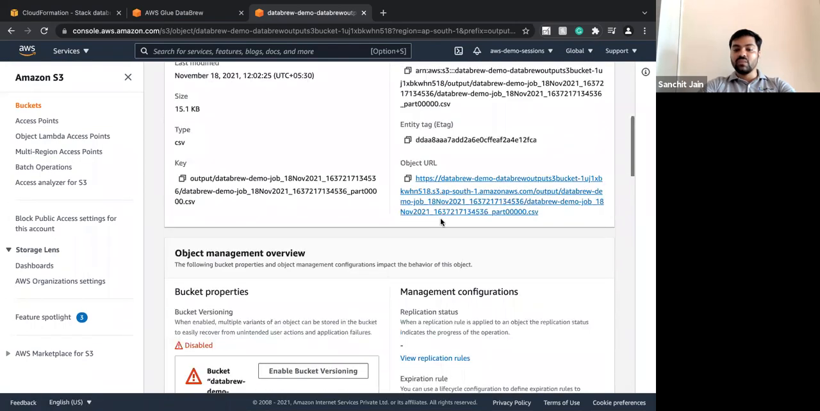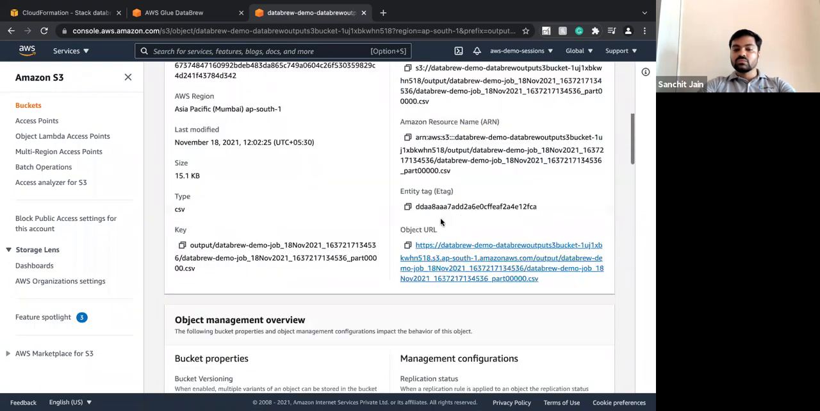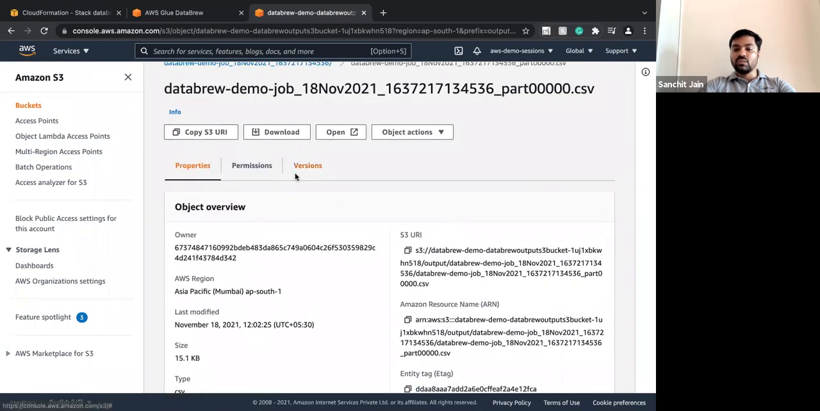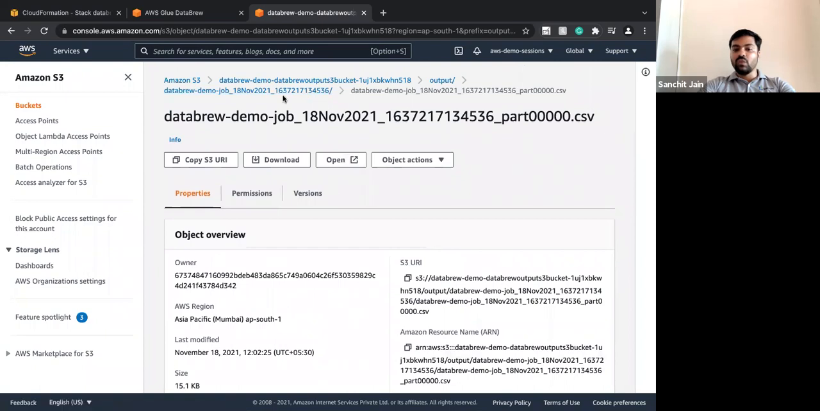CSV, the same thing what we have done. It has created all those things we were looking at. And you can download it and view the data. Similarly, if you go back here,